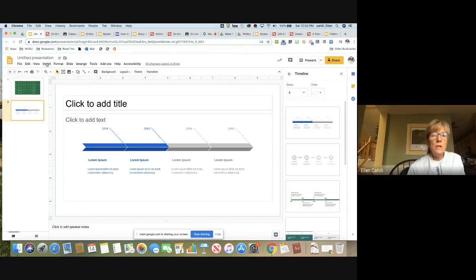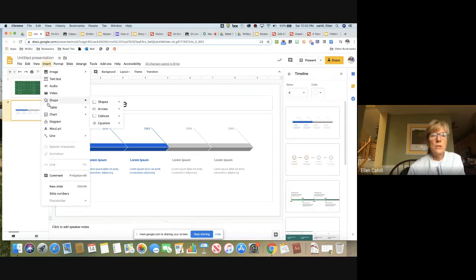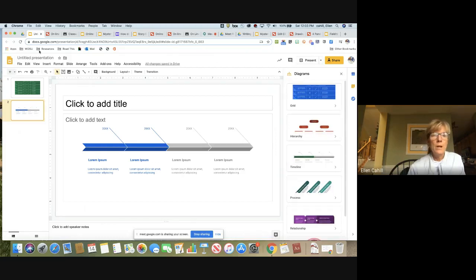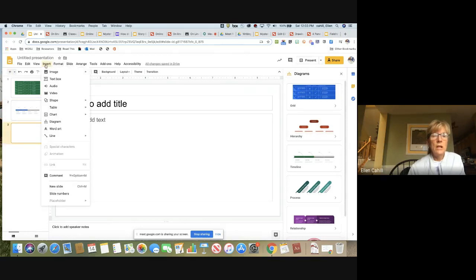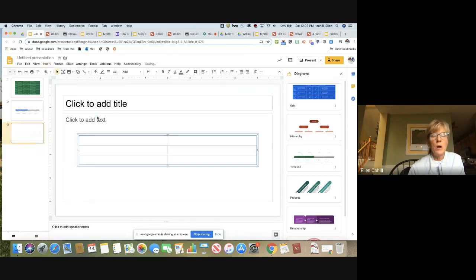So that will again be in Google Slides, insert, and it is going to be diagrams, and up here you can see that. One last way to add in a graphic organizer is to add in a page and insert a table. So if I insert a table, I can see how many things I want in there, and you can change this up. And this is how I created this,